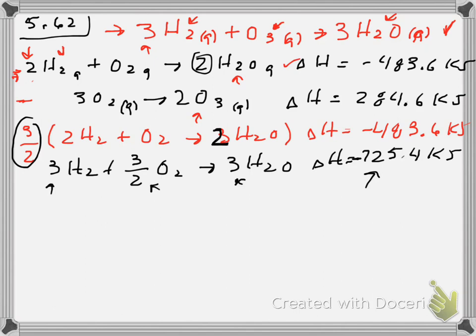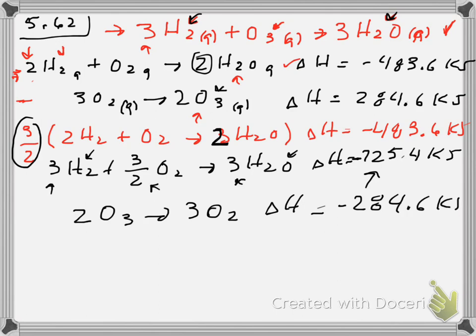All right, so now I'm going to do the same idea with the second one. Notice that now I've got 3H2O here on this end and 3H2 over here, which is what I need up here and here. But now I've got to get the O3. Well, I've got an O3 here, but it's on the wrong side. So I'm going to have to reverse this, and I'm going to put 2O3 goes to 3O2, and when I do that, I've also got to change the sign for delta H. So it was positive 284, now it's going to be negative